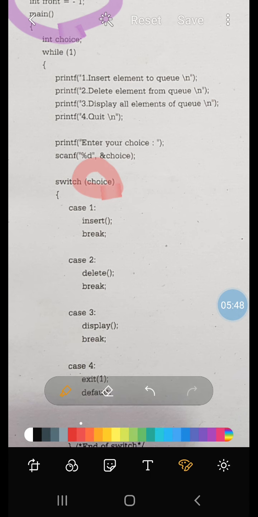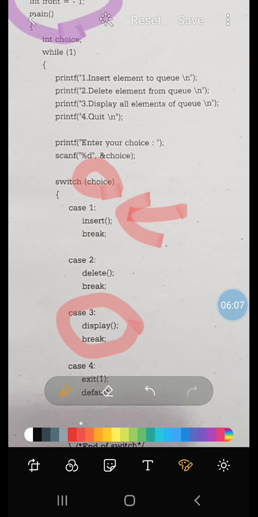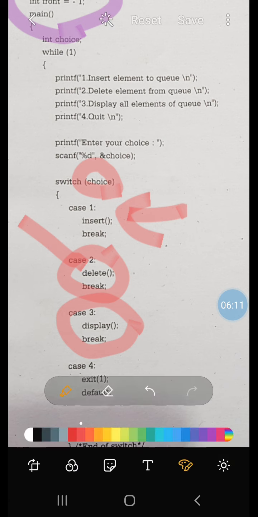And you know the working and logic behind the execution of the switch statement. If the user enters 1, it will get stored into choice, and choice 1 will match this insertion. If the user enters 3, then it will match 3. If the user enters 2, then it will match this, and if the user enters 4, it will be exit.